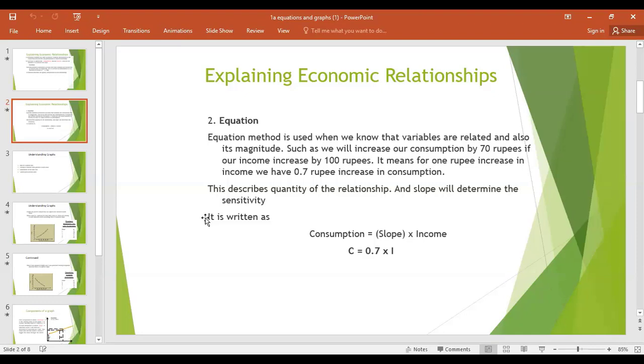Certainly this is not a perfect equation. I have written the simplest possible so that they give you an idea. So here the function is: consumption is related to income. And how do you know? Because the equal to sign is in between. So function is there, because it works on equality only.